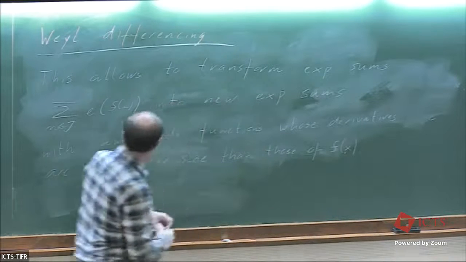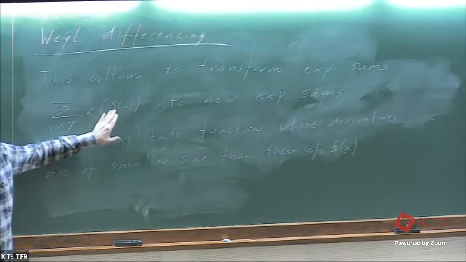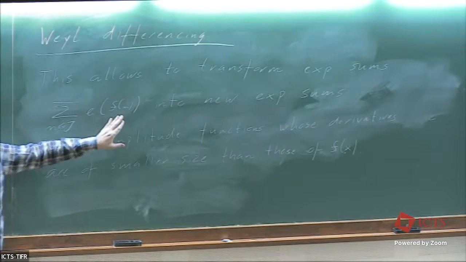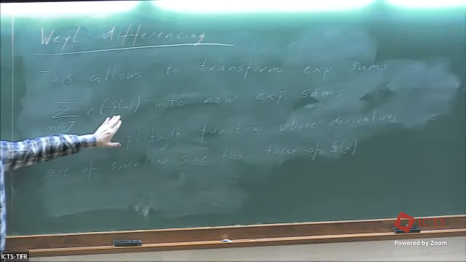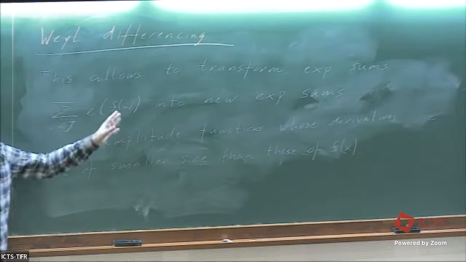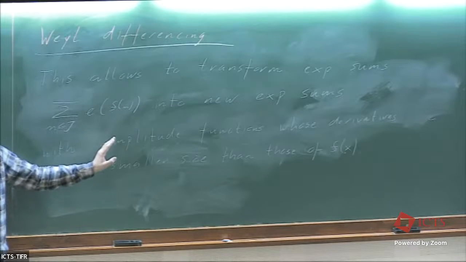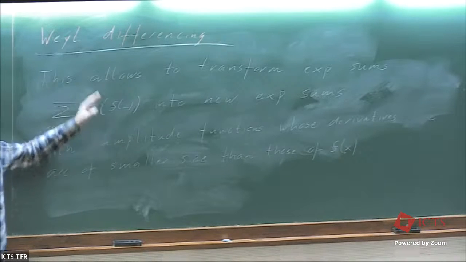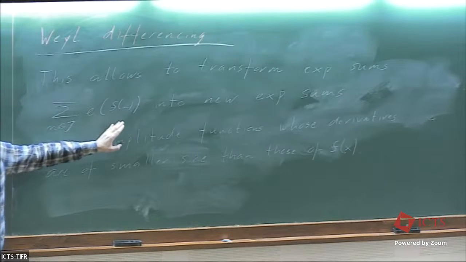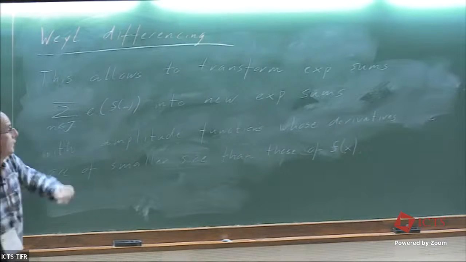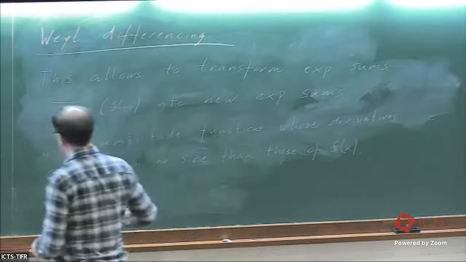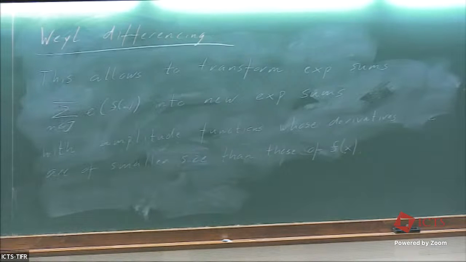So in particular, when we have a function which is outside the range of the van der Corput bound, whose second derivative is of size larger than 1, we can do Weyl differencing, or several Weyl differencings, and end up with a sum to which we can apply the van der Corput bound. All right, so let me remind you of the application of Weyl differencing